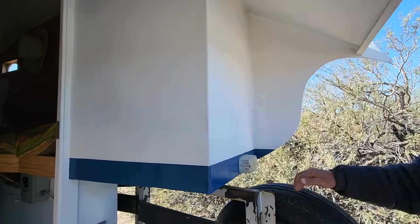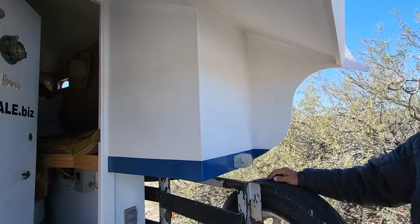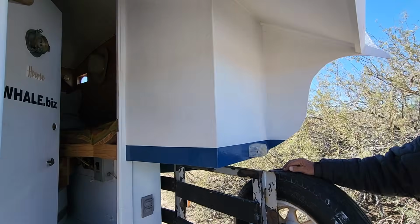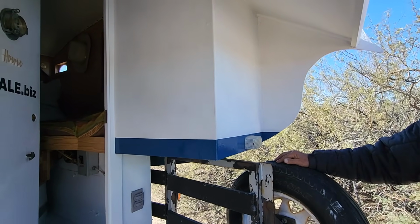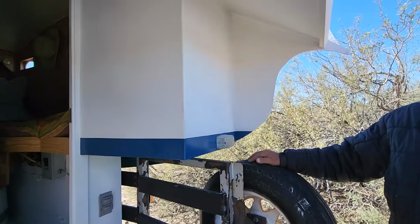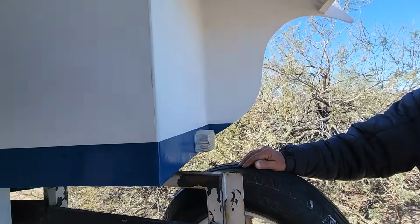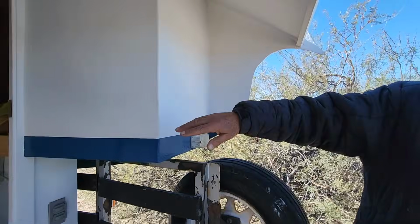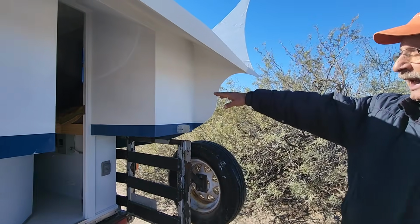So out here, you built these extensions off the back as closets, just for storage primarily. And I guess, how did you, now I'm not enough of a carpenter or an engineer to know how you would structurally build that. Do you have just like 2x4s that extend through? Yes. The L, the strip? Yes, actually, the plywood table that the kitchen sits on and the bed sits on